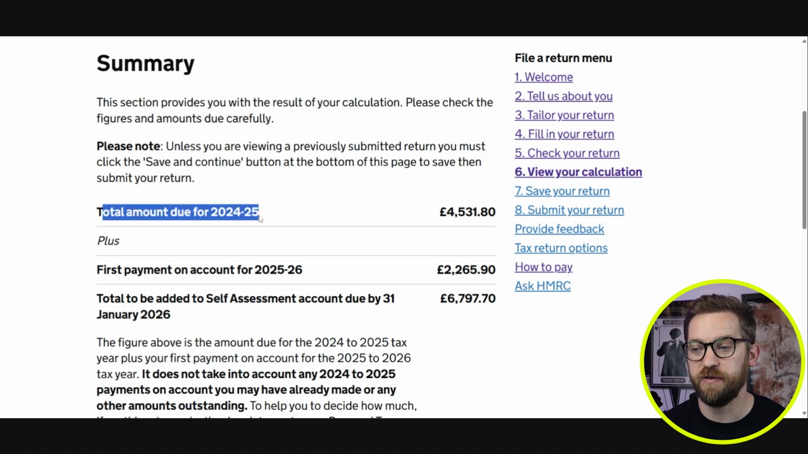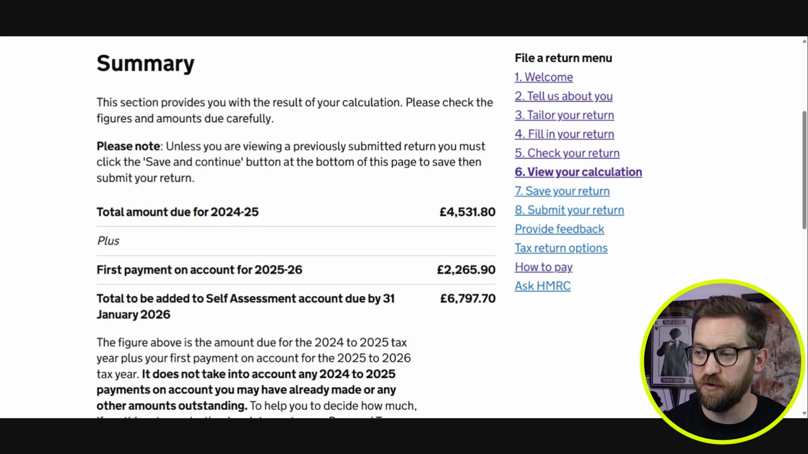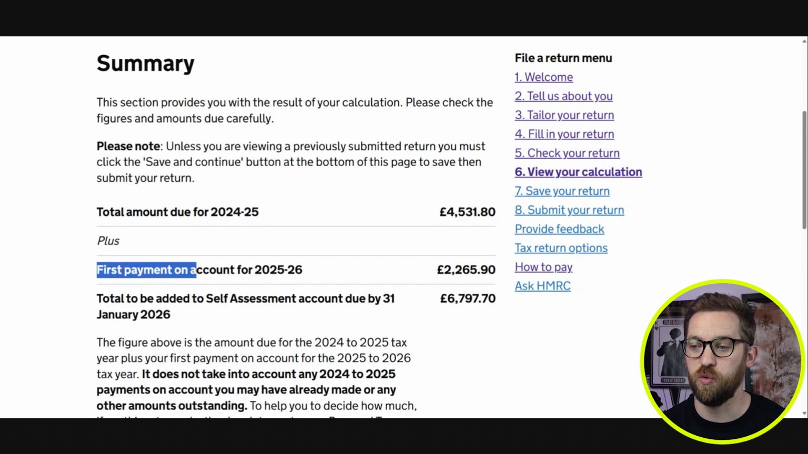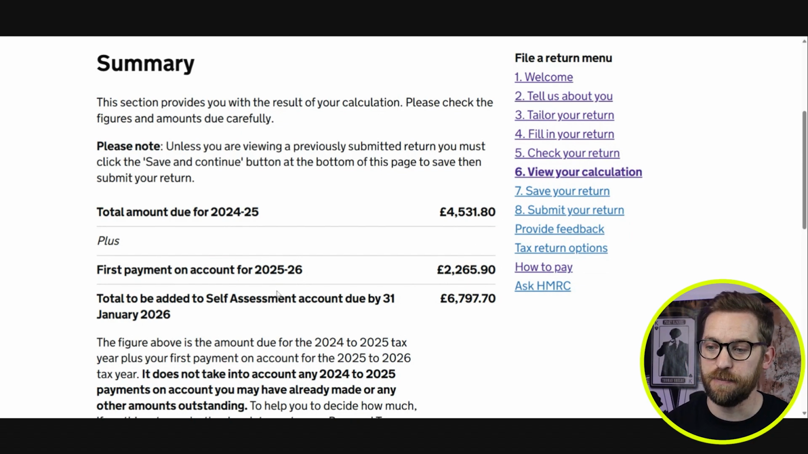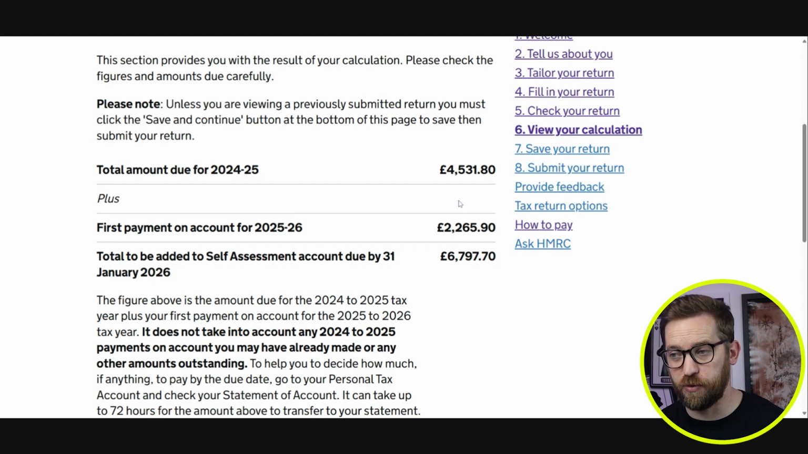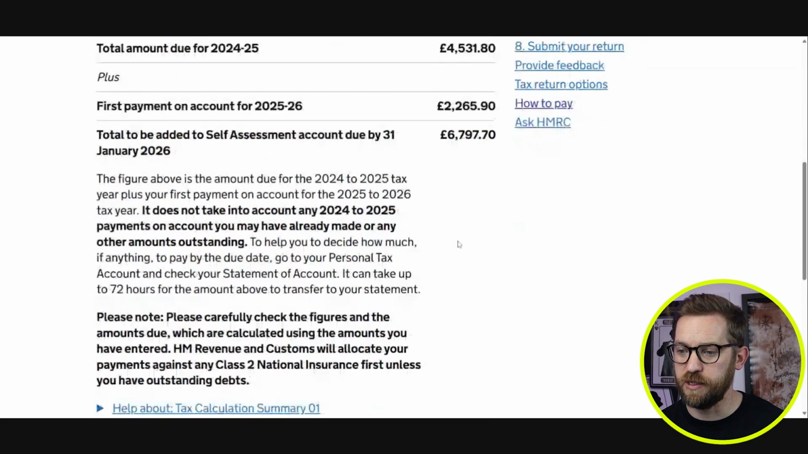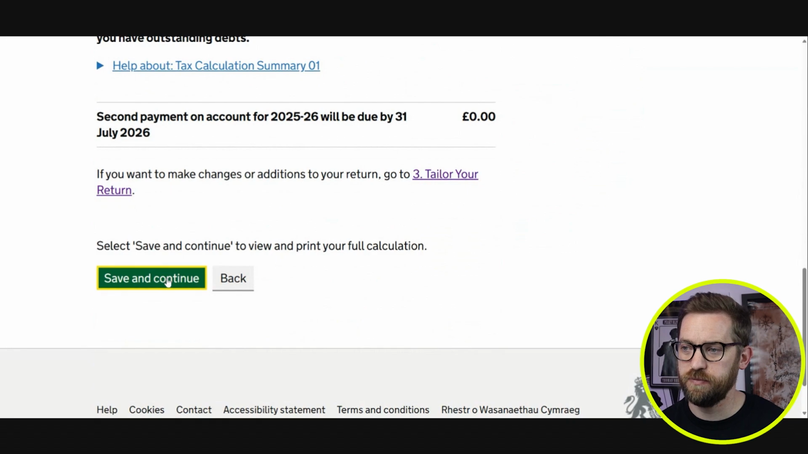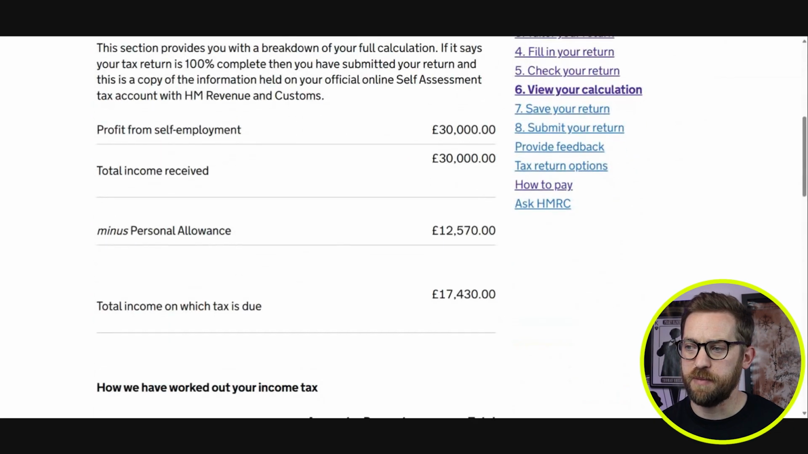What you can see though is that based on my £30,000 self-employment profits, the total amount that I would need to pay for the 24-25 tax year is £4,531.80. It's then asking me for a payment on account towards the next year's liability of half of that again, meaning that I would then need to pay by the 31st of January 2026 £6,797.70 to avoid any late payment penalties. You can then view a more detailed breakdown if you want to know how HMRC got to that £4,531.80 figure by scrolling to the bottom, click Save and Continue,